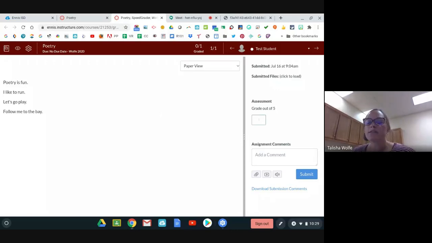Here's where you grade it. Let's say I'm going to give myself 2 out of 5 points. Or if it was incomplete versus complete, there would be a drop-down menu where you click on complete, incomplete. Then here you could do a comment. You could type in whatever you wanted to say. Nice job. You could attach a video or a document, some kind of file. You can record